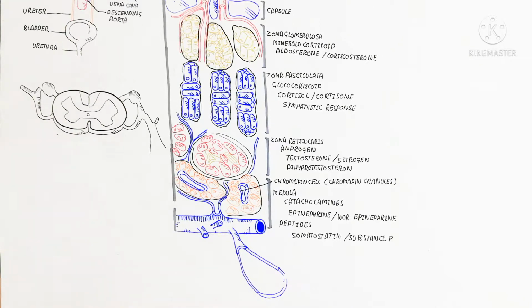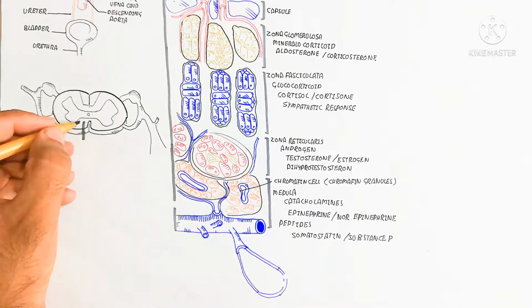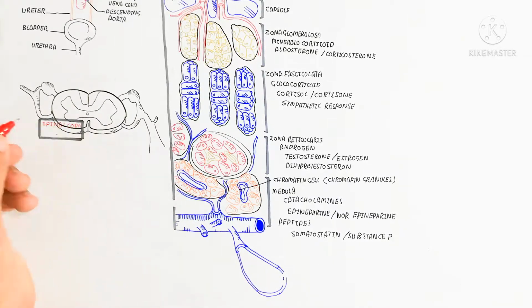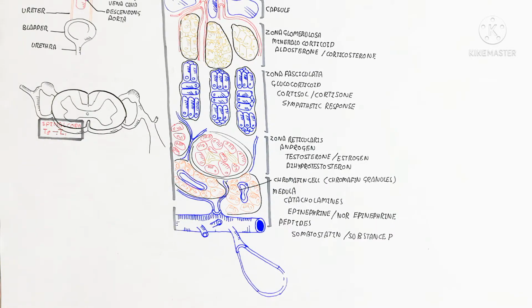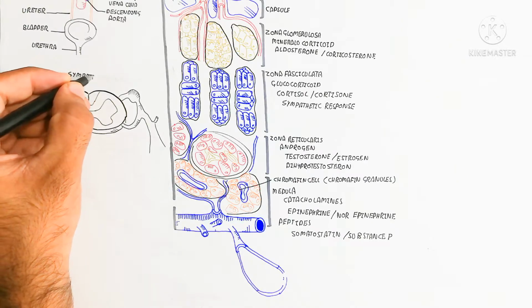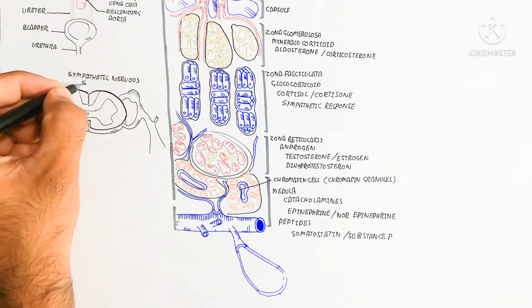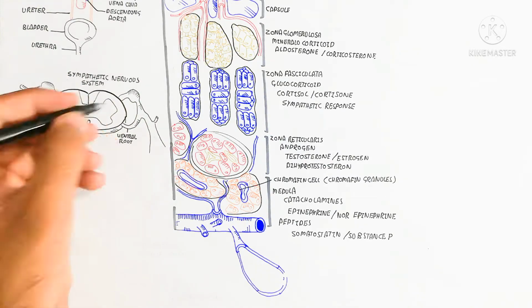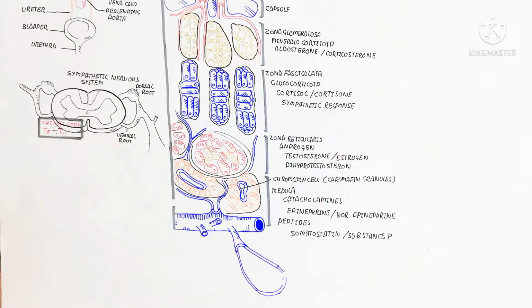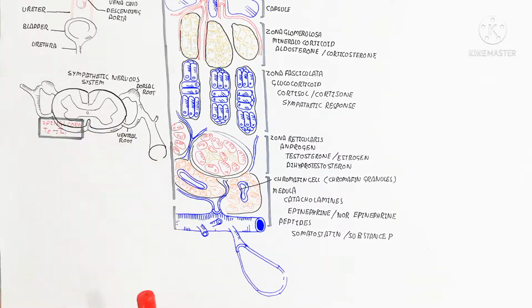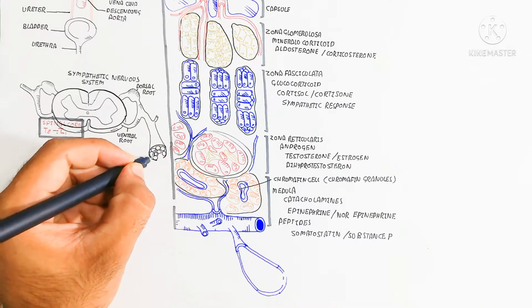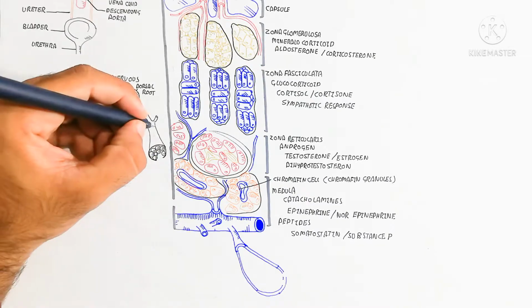Now let's understand the nervous system, the sympathetic nervous system, which is stimulated from the brain through the spinal cord, in the thoracic region, from thoracic 1 to thoracic 8 nerves. Here is the dorsal ganglion and the ventral ganglion. Inside is the central nervous system, while the peripheral nervous system is here, and the ventral root leads to stimulation of the gland